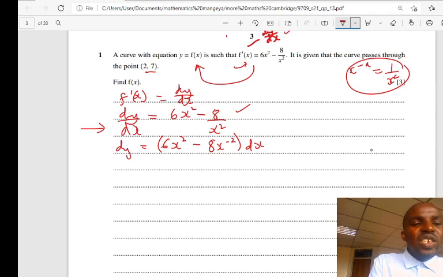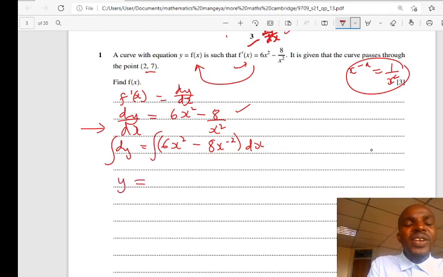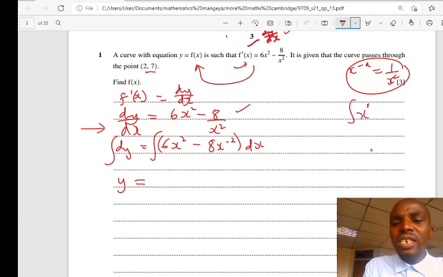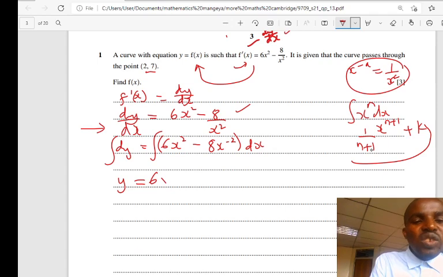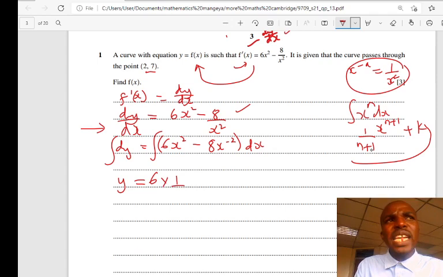Then after that, you put your integral sign on both sides. Integrating dy, you get y equals integrating 6x squared. Integration of this type, x to the power n dx, is 1 over power plus 1, x to the power plus 1, then plus a constant. So I just have to apply the same concept. So this one, 6, was already there. It will be times 1 over power plus 1, where the power is 2. 2 plus 1 is what? Is 3.